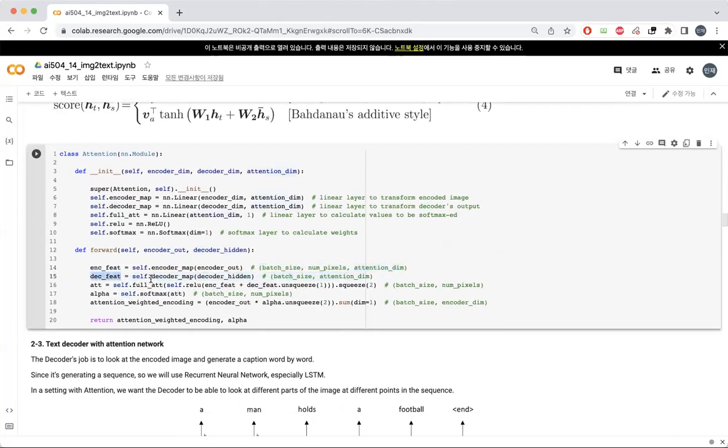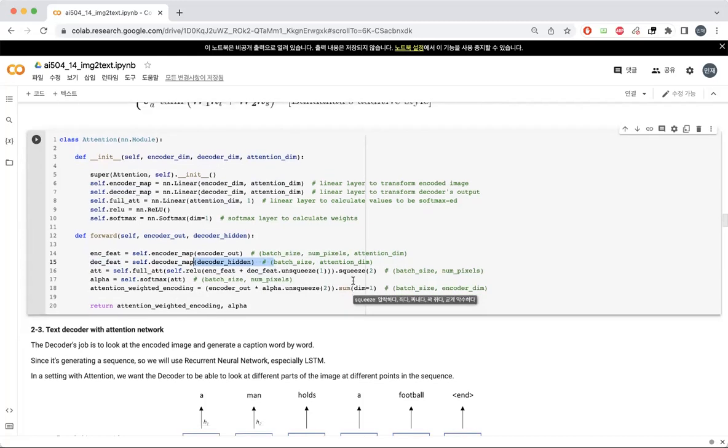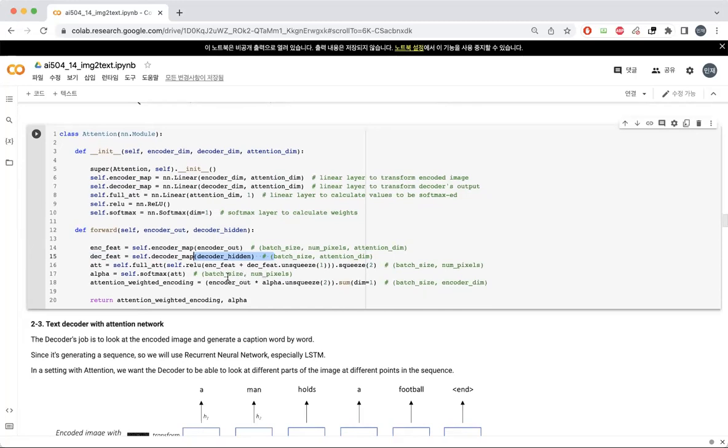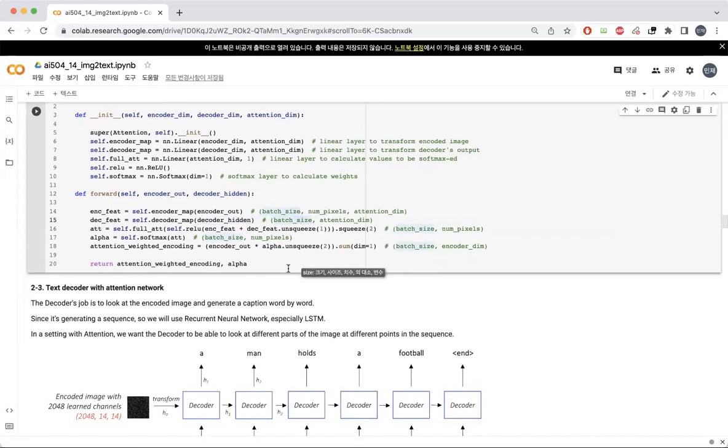You can get the decoder feature by passing the decoder hidden tensor to the decoder map. The shape of it is batch by attention dimension. You want to operate between this encoder feature and this decoder feature, but the shapes of them are different, right? So you have to treat it